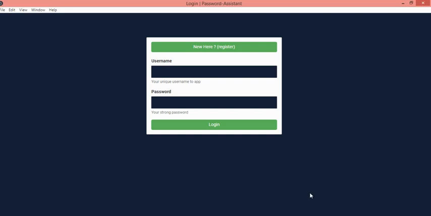So hi everyone, I am here with the tool that I have created. This tool is known as Password Assistant or Password Manager. This tool is really secure and trustworthy. It has some really cool features which make this tool different from other password managing apps. This tool will work as a master account for all your accounts.